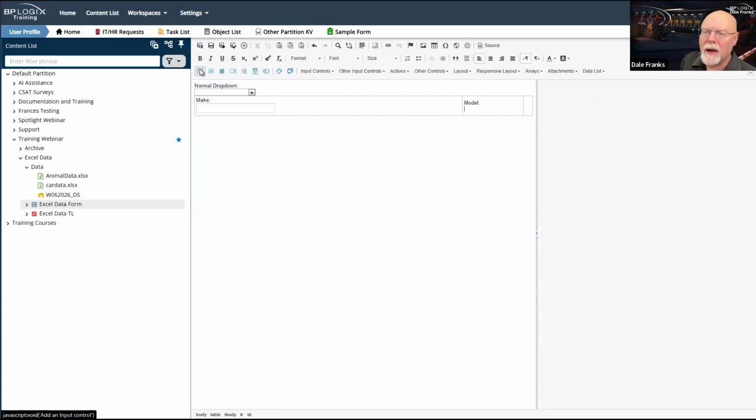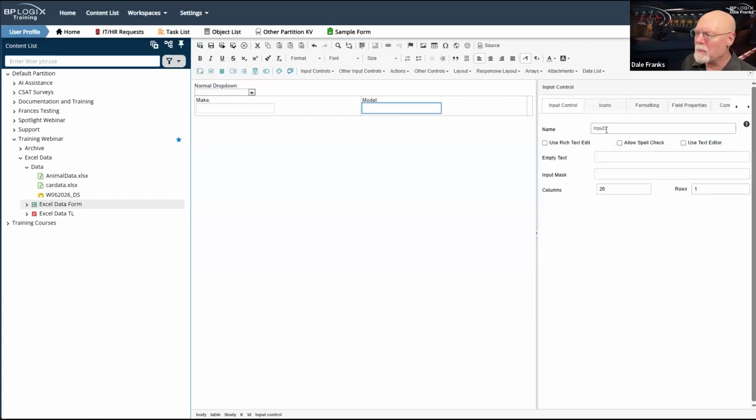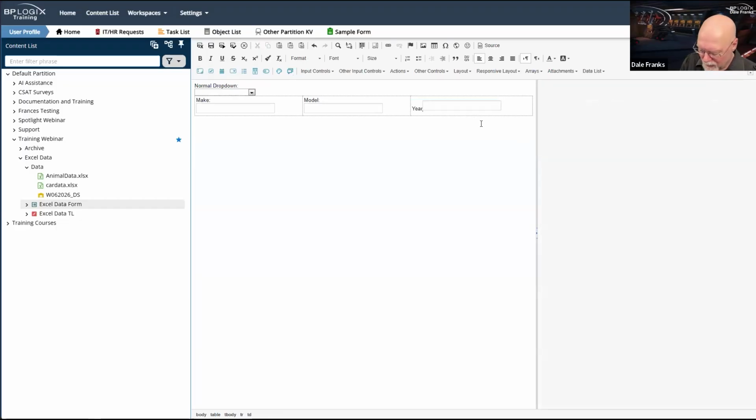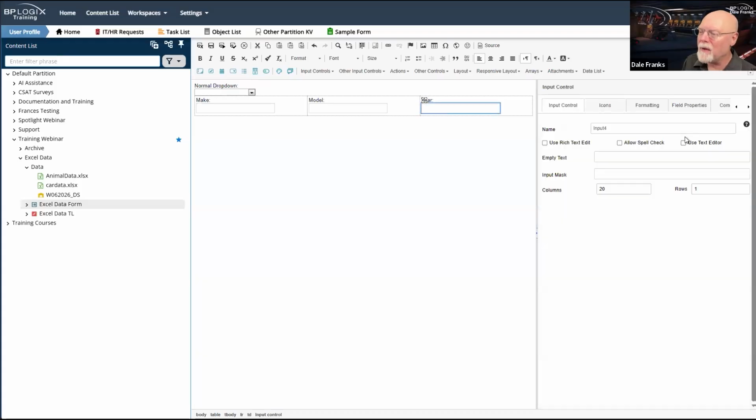But in the interest of time, we're just going to blaze through this because it is already 10:51. Time is rapidly closing in on us. So now I've got make, model, and finally year. Well, that's not what I wanted to do. Year, colon, shift space. And now this field, we will call year.